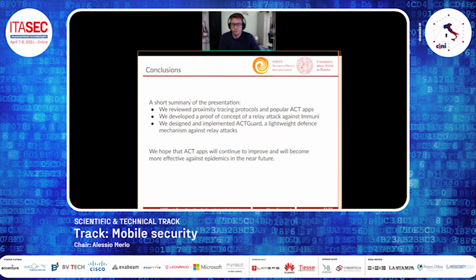Yes, the main issue for relay attacks is that in order to fight them, you need some additional information, and in particular, you need some form of lightweight authentication. And if you want to address the privacy concerns of the citizens, you have to share the least information possible.